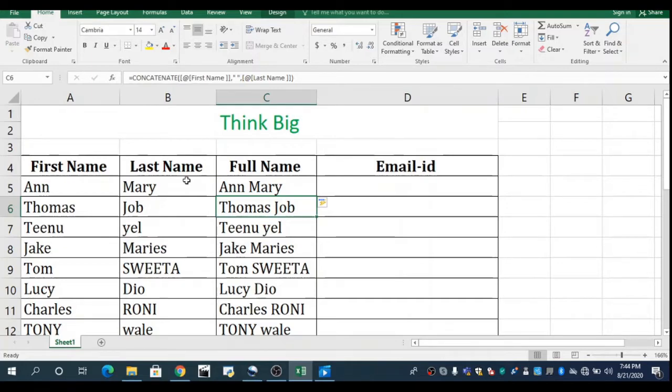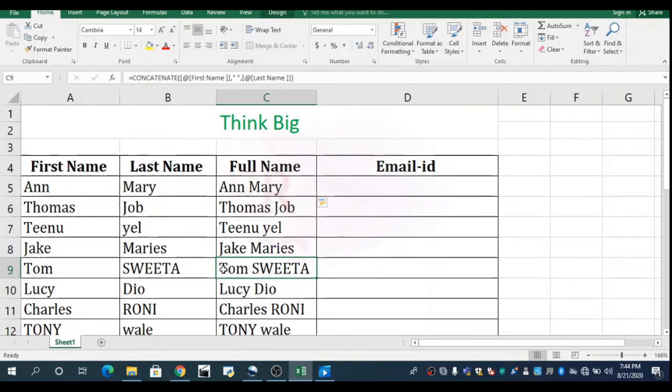But haven't you noticed that in column C9, the second name is completely in uppercase? Is that what we need? No. We need the name in proper case. That is, the first letter of each word should be capital only. So the next keyword that I am going to introduce is case changing. We use three keywords.